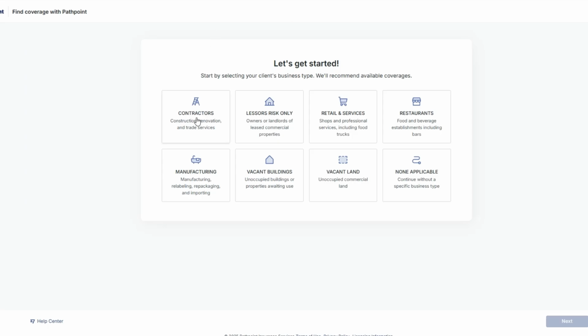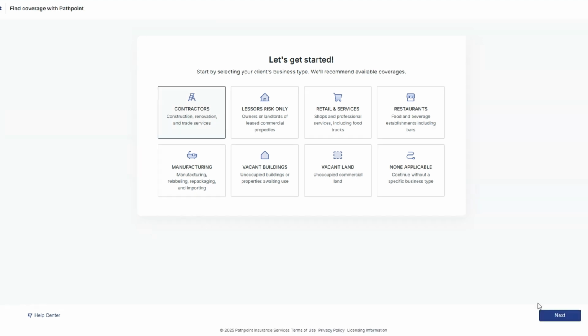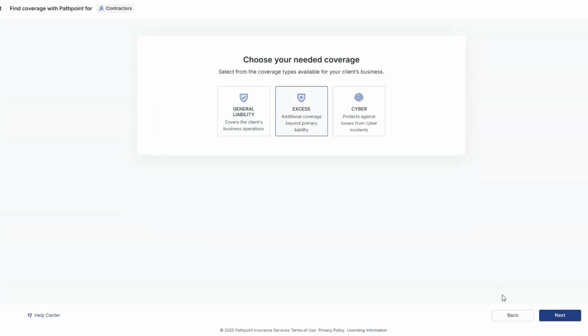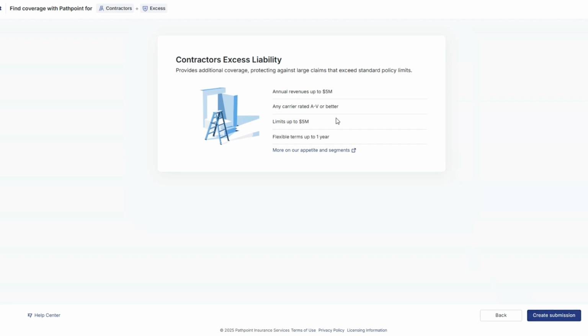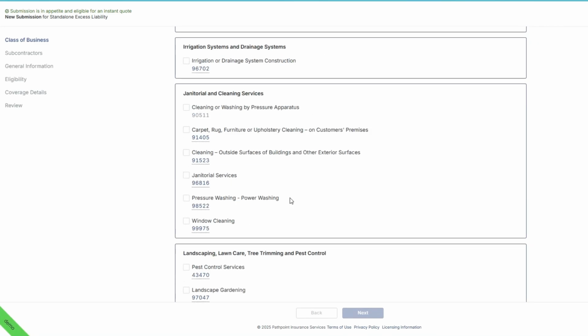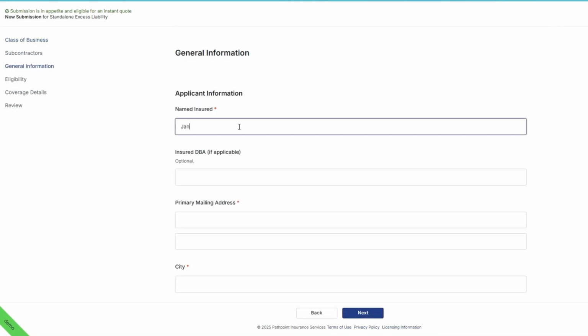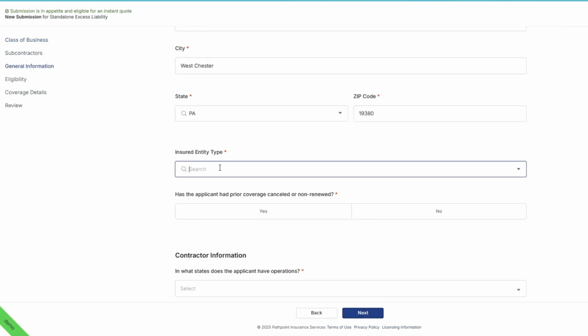Agents have the ability to add excess for contractors and lessors risk accounts. Today I'm quoting excess for a janitorial service, so I'll click under contractors and then excess coverage, reviewing the coverages to create my submission. From here, I'll enter the application where I will select my class of business and proceed